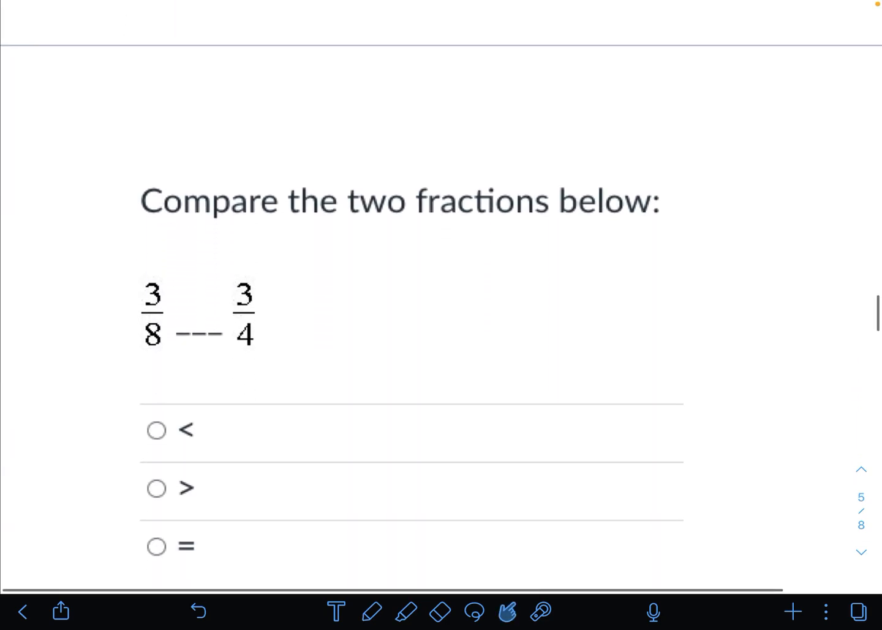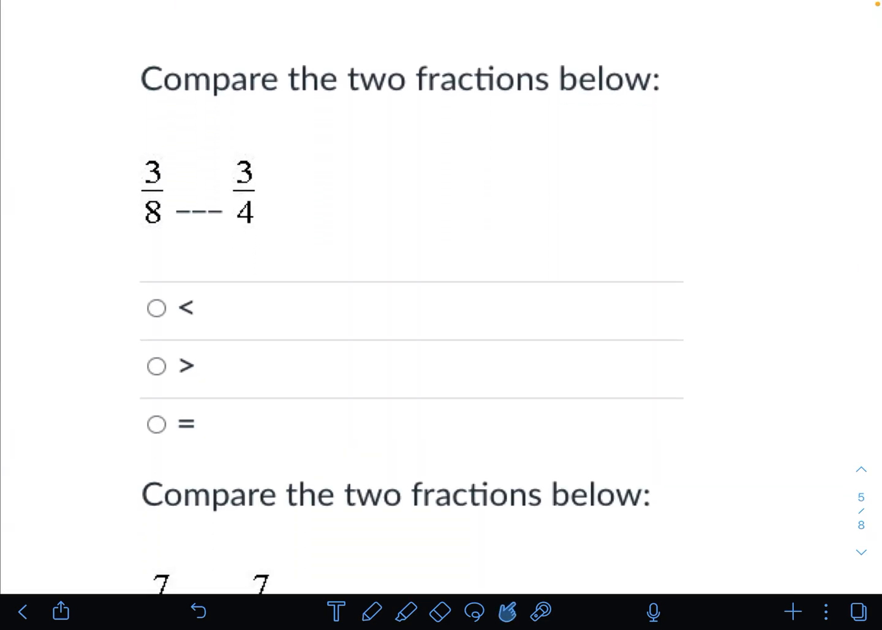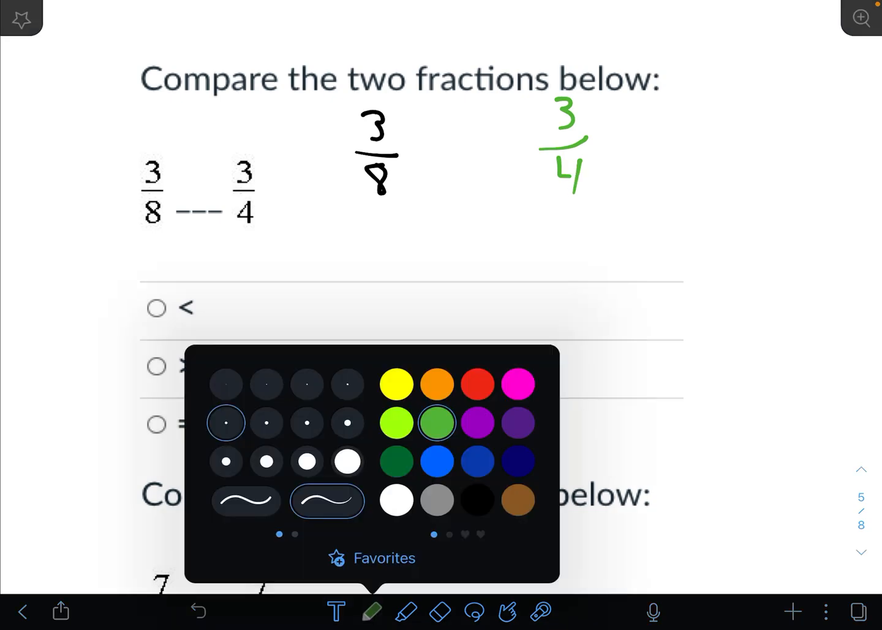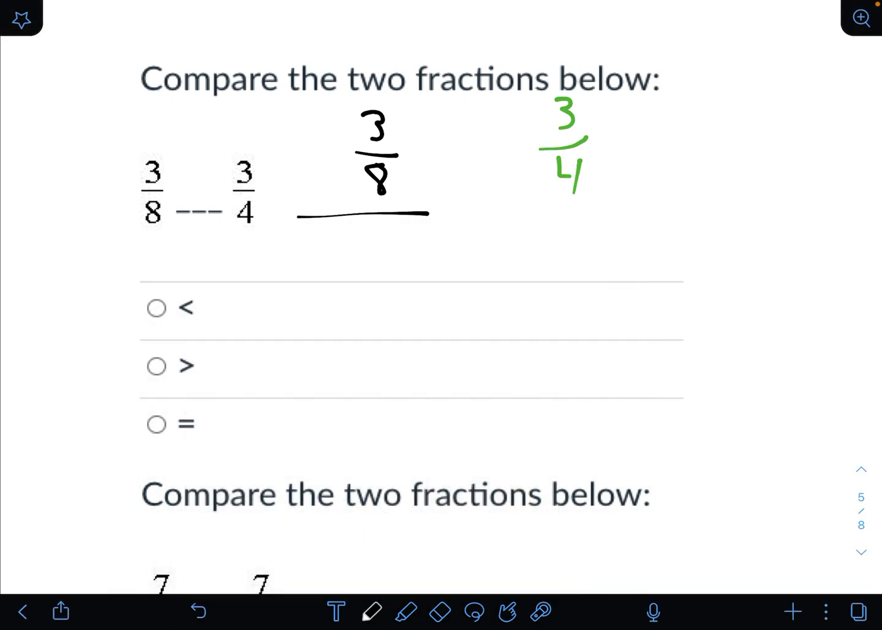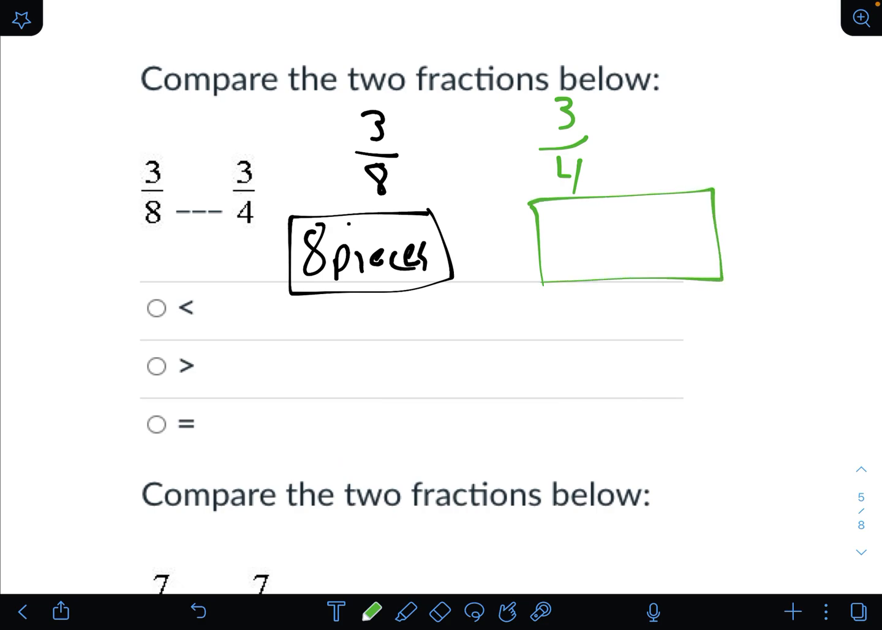Okay. But what about this? This is trickier. Now 3/8 and 3/4. Man, I don't know what to do. So here's what you do. What you do is you say, okay, I have 3/8, and for a different color, I have 3/4. So I have a candy bar that's cut into 8 pieces. And I have an identical candy bar that is cut into just